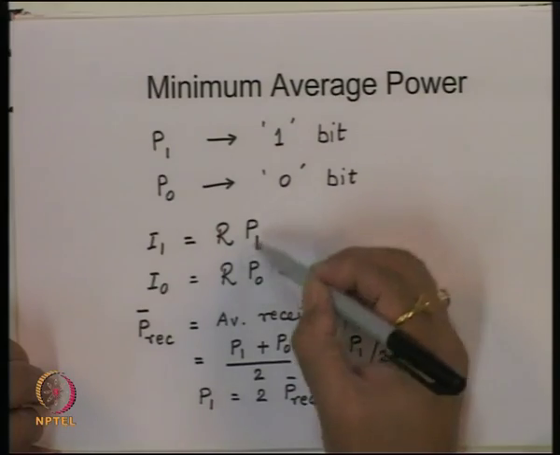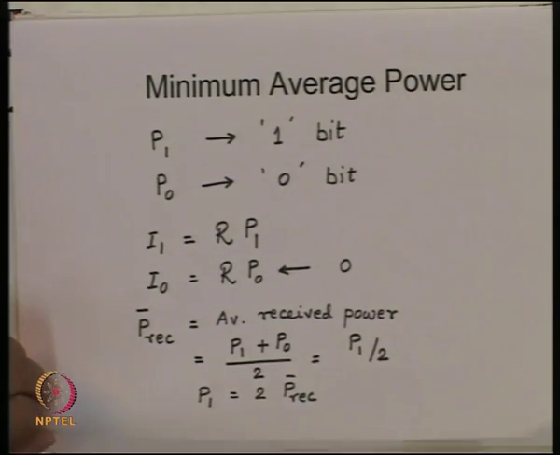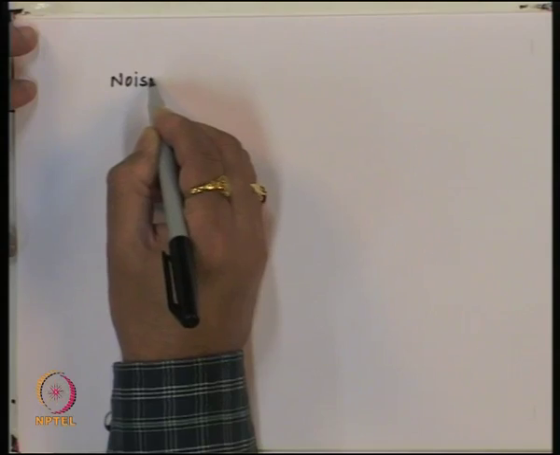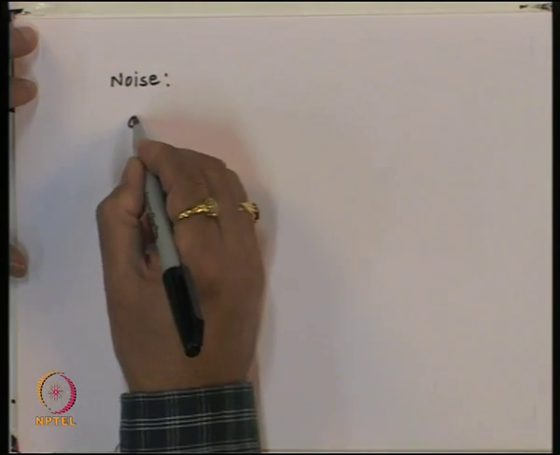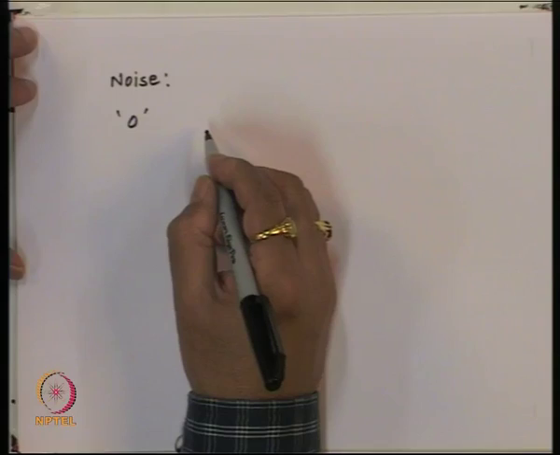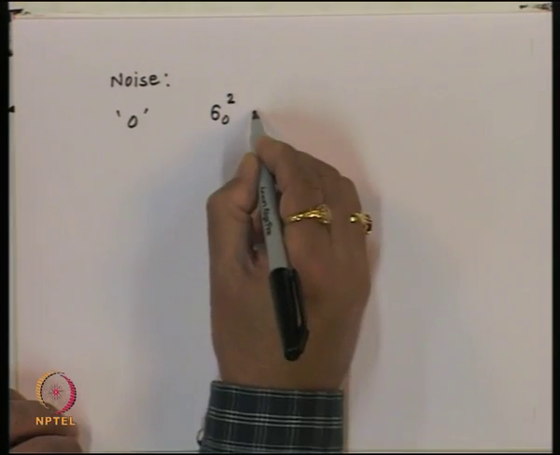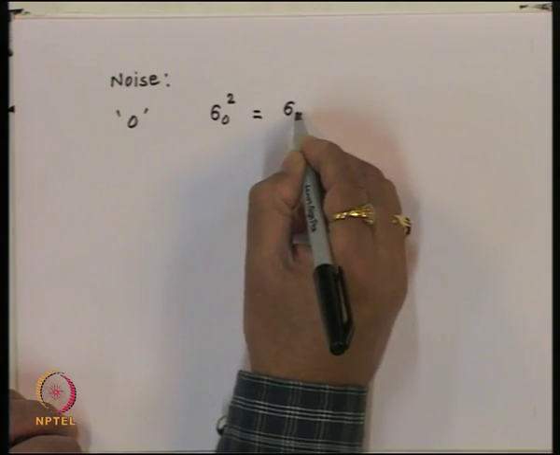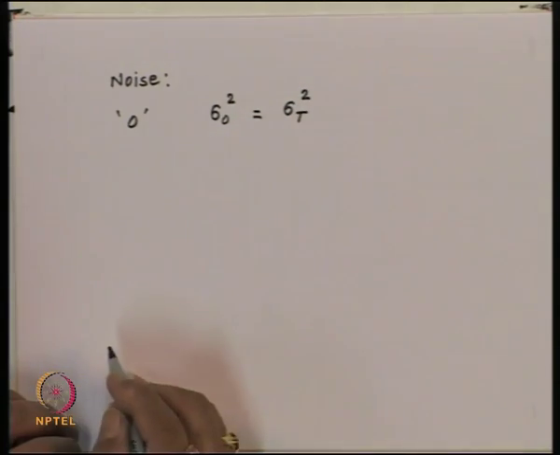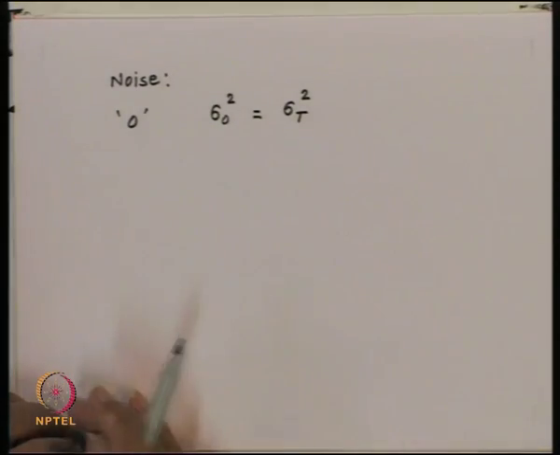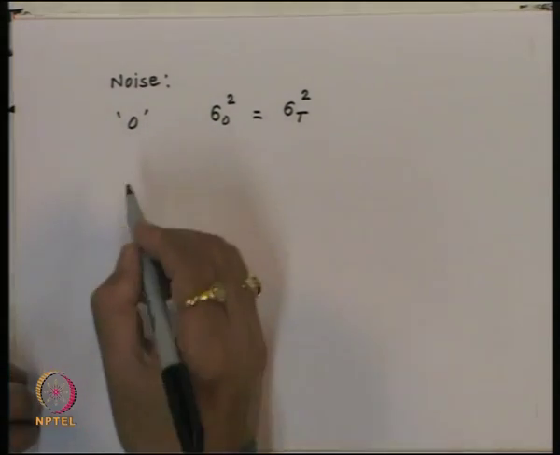We can calculate the noises corresponding to these levels. When we have a 0 bit reception, since there is no optical power incident, only thermal noise is present. So, we can write down the noise for the 0 level. We get the noise variance sigma 0 square, which is equal to sigma t square, the thermal noise variance, while in this case the optical signal is 0. Then for the 1 bit,